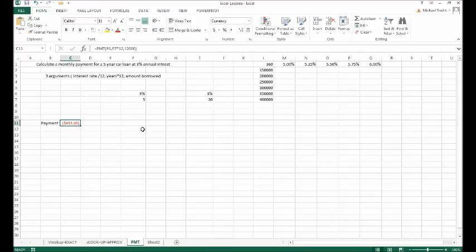Now the payment's $433.60, and you see that it's negative because at Microsoft they consider this money going out, so that's a negative figure. And if you ever have to make it positive, and you will in the greater assignment, as you may also in other classes, you can, and I'm going to just press F2 and I can modify this function. I can just get in front of the 12,000 and make that a negative number by putting a minus sign in front of it, and then when I hit enter, it's a positive number, right? And that's what you want to do, right, to make it